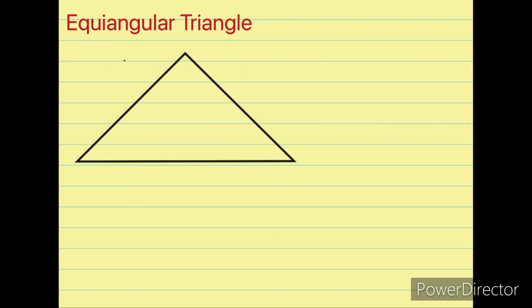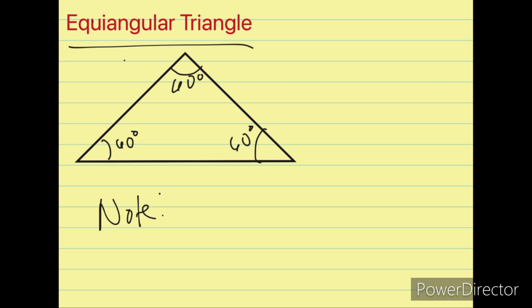And the last type of triangle according to their angle measure is the equiangular triangle. When we say equiangular triangle, it has three equal angles. An equiangular triangle is also an equilateral triangle. So when we say equiangular triangle, all the measures of its angles are equal. So 60 degrees, 60 degrees, and 60 degrees. And take note,